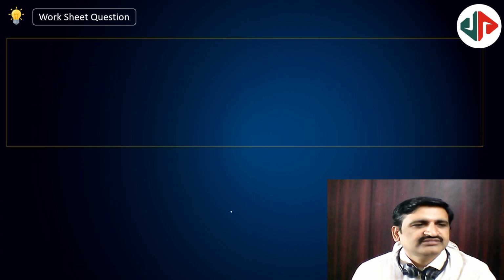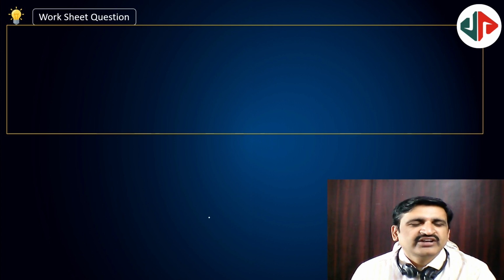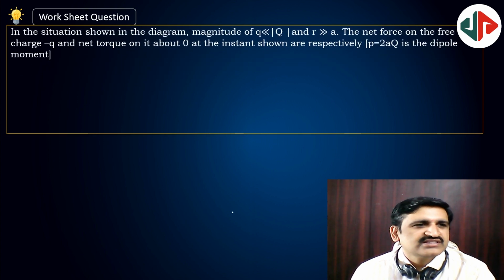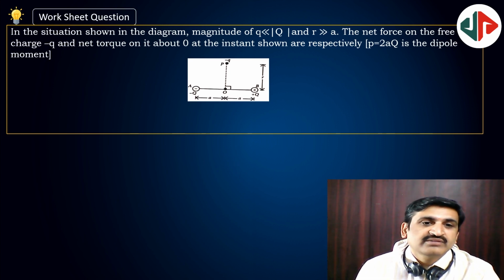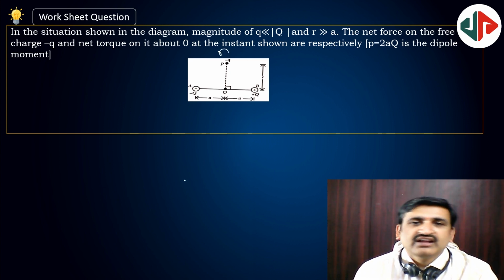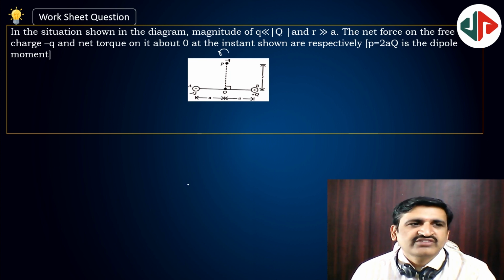Yes. Next question is lengthy, but you need to know some formulae so that it will be easy. Otherwise you need to derive. In the situation shown in the figure, magnitude of q is very, very smaller than capital Q and R is very, very greater than a. Where is R? Here will be the R. And the net force on the free charge minus q and net torque on it about O at an instant are, respectively,